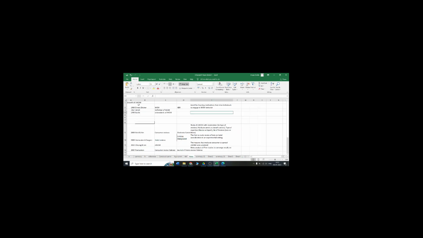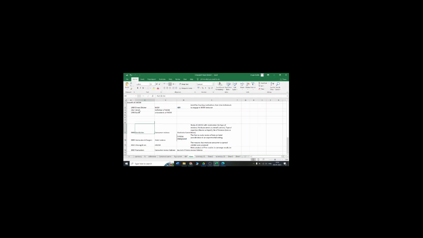Then just by sorting, I was able to generate year-wise growth, and I was able to see how the e-worm has developed. Based on this, I was able to write this. See, I've written that Earned was the earliest researcher who did a study on e-worm. And where did I get that from? Once I was able to shortlist my Excel.